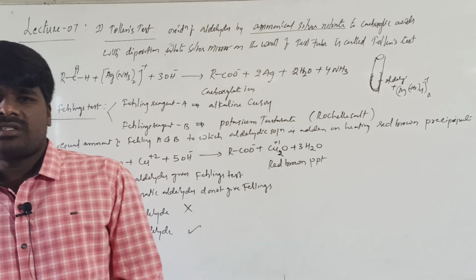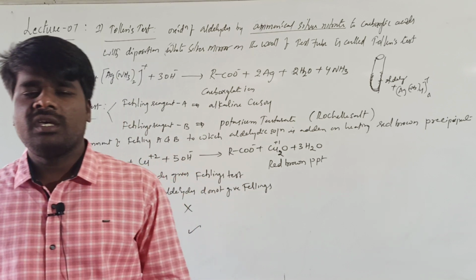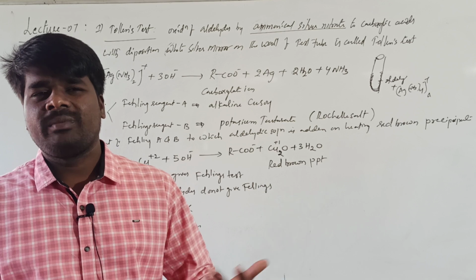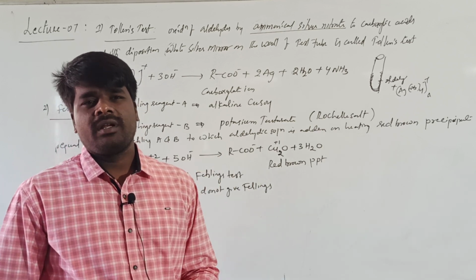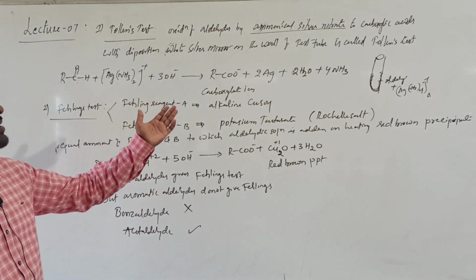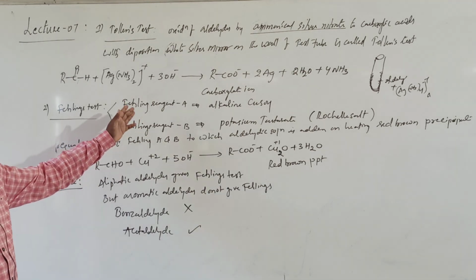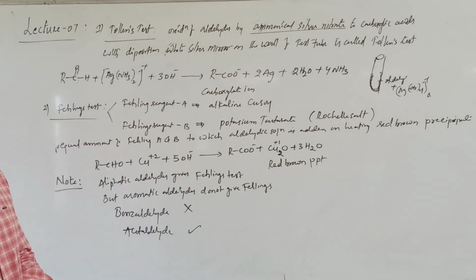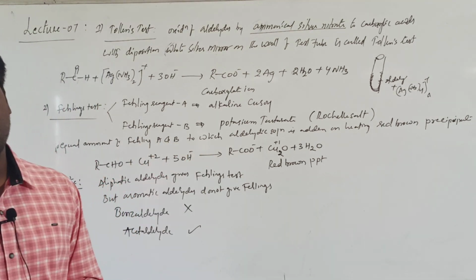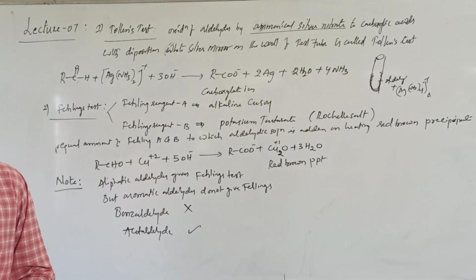What is the importance of Fehling's and Tollens? They are used to distinguish the aldehydes from the ketones. If any compound gives Tollens positive, that can be considered an aldehyde. Both aliphatic and aromatic aldehydes will give the Tollens, whereas aliphatic aldehydes alone give the Fehling's. You need to remember the reagents. What is Tollens reagent? Ammoniacal silver nitrate. Fehling's reagent is the solution of Fehling's A and Fehling's B, which is alkaline copper sulfate as well as potassium tartrate. It will be given by aliphatic aldehydes. Okay, hope it is clear so far.